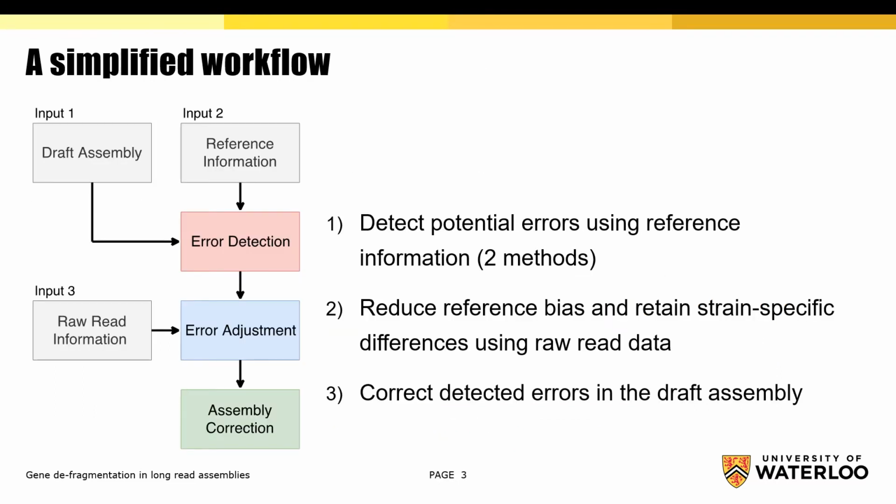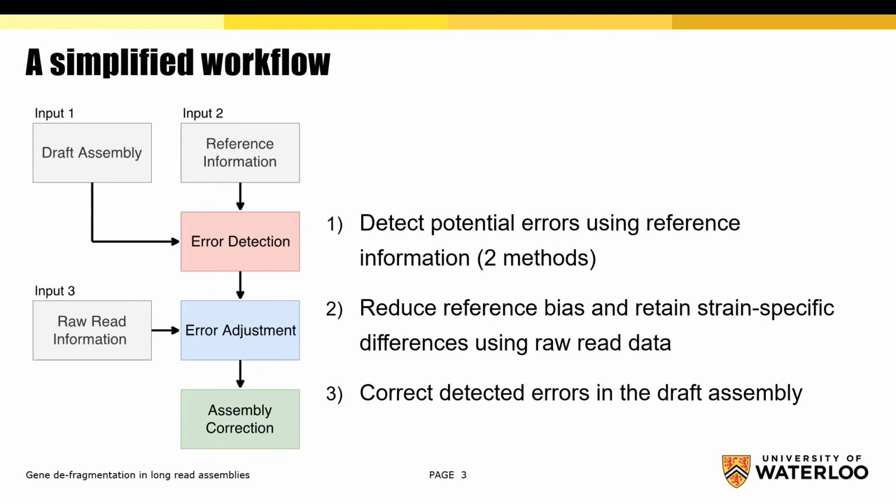And due to the limited amount of software tools at the time, we decided to develop our own software tool that aims to detect and correct these types of errors. Our idea was to use publicly available reference information to determine where errors are within a draft assembly. And this can be done using both reference genomes and proteins, depending on which type of data that a researcher